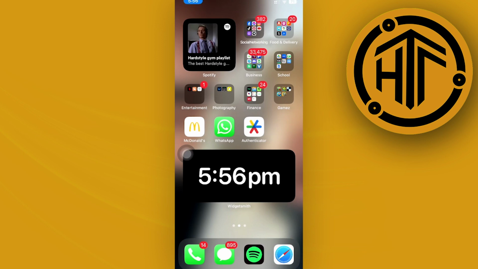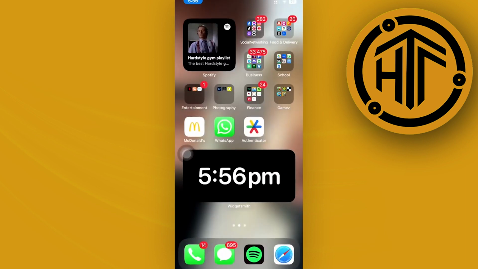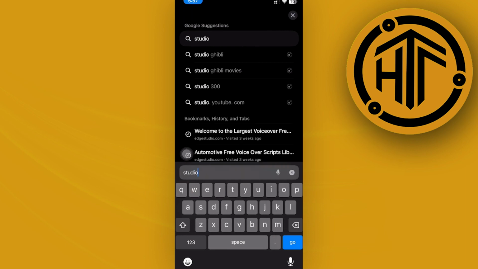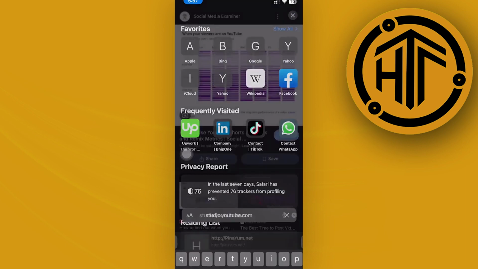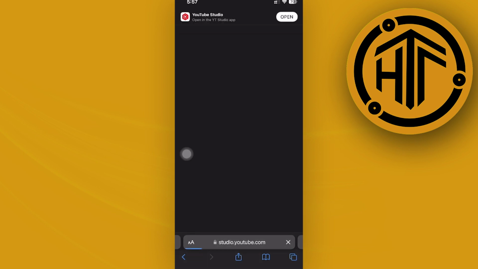is to go over to your YouTube Studio. Now, if you don't have the YouTube Studio application downloaded on your device just yet, you can also access this through your browser. So just search for studio.youtube.com, and I'm pretty sure that is the website. Once you're on there, you can continue to Studio and view your YouTube Studio